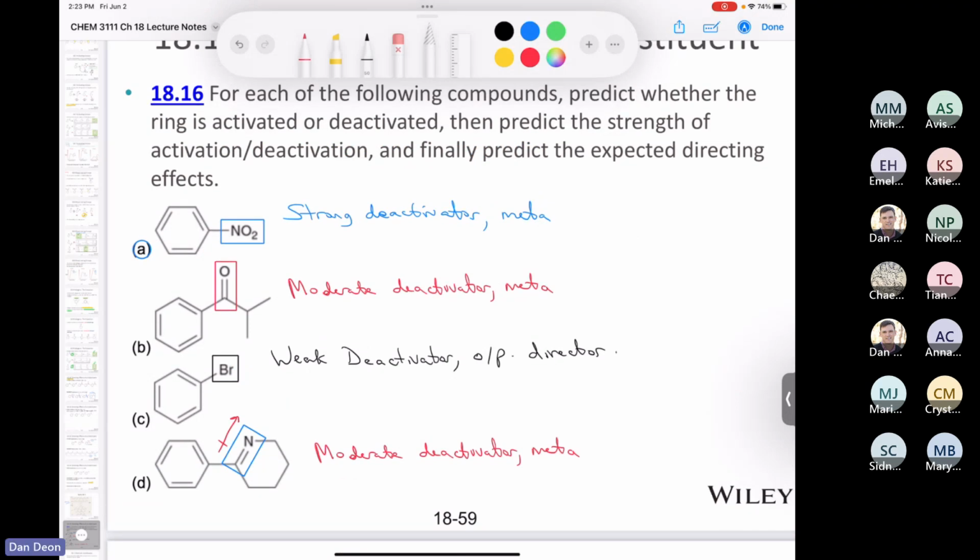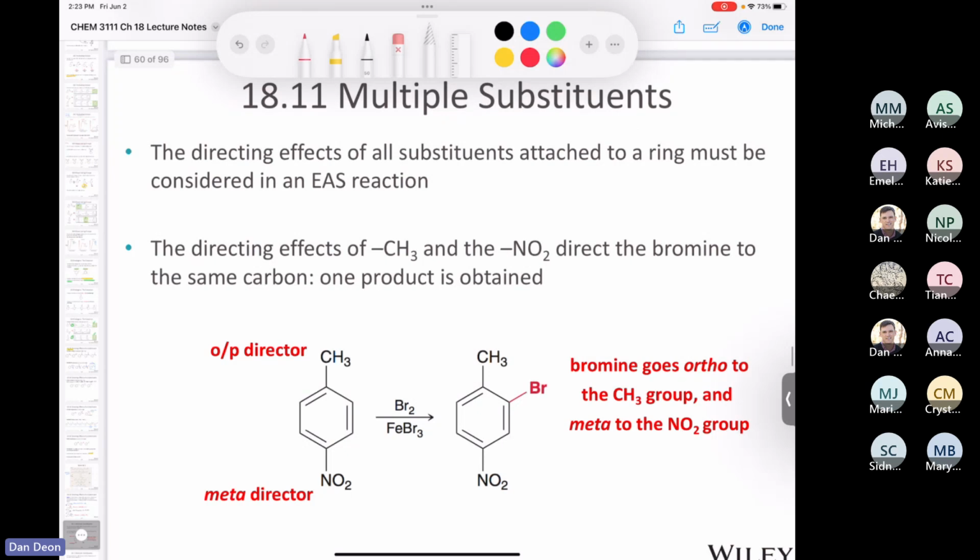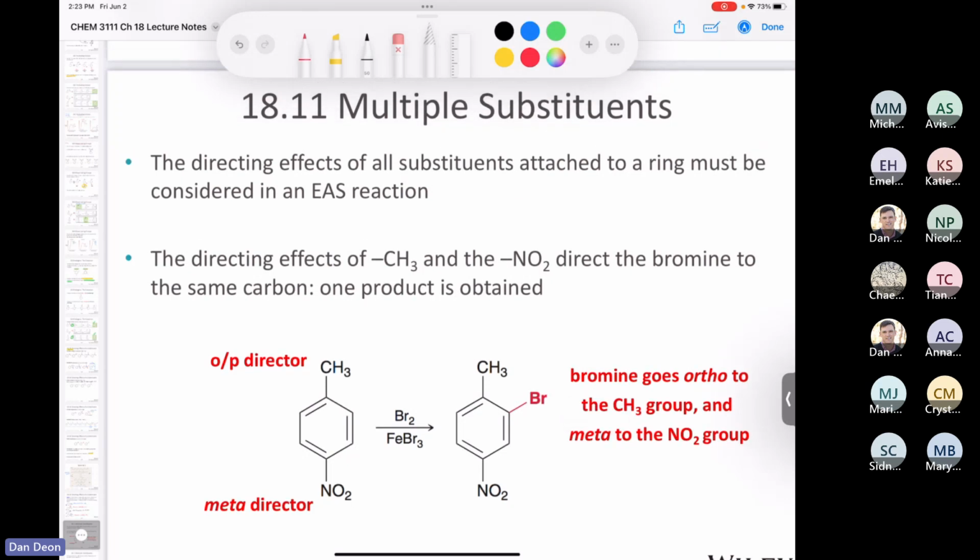The last one, you kind of have to apply your knowledge a little bit, right? Okay, good. All right, let's move on from there. Well, let's turn our attention to, now that we've studied table 18.1, and we kind of have that down. Right now you're probably just going to hold it next to you and study it while we work on this. So it says the directing effects of all the substituents attached to a ring must be taken